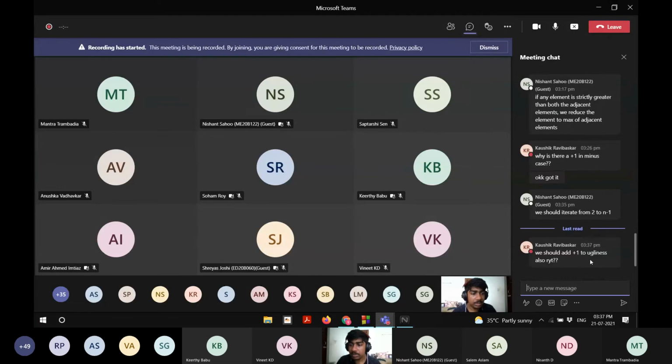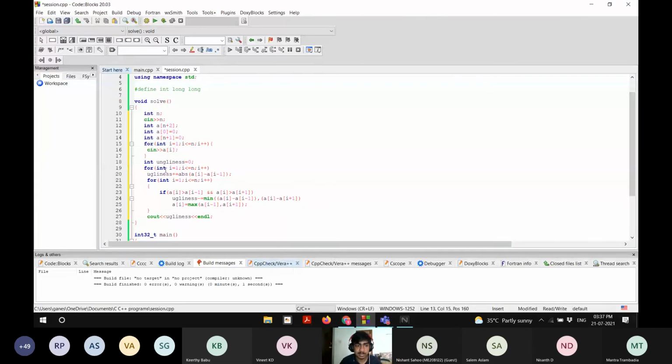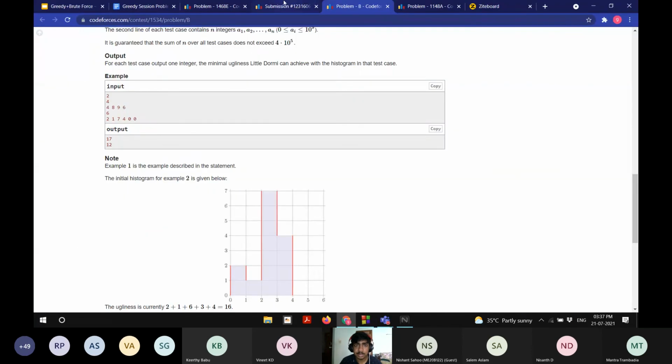We should add one to ugliness. Yeah, that would be taken care of by this step itself, because I'm only decreasing my ugliness by the difference between a of i and a of i minus 1 and the difference between a of i and a of i plus 1. So if you look here,